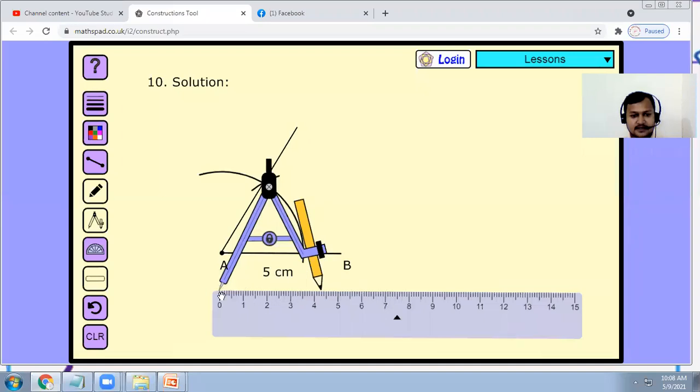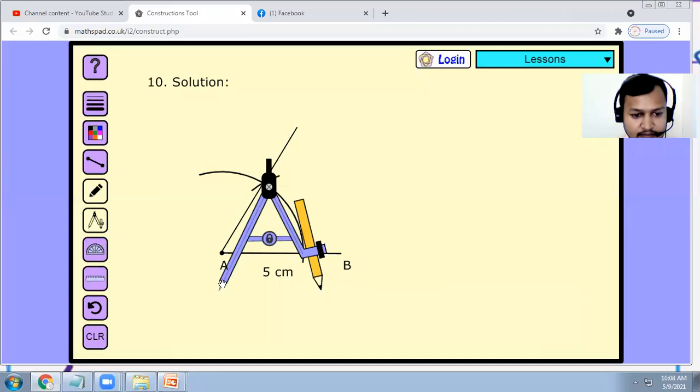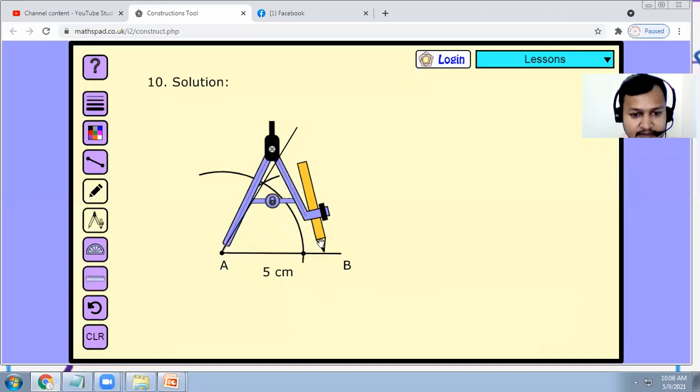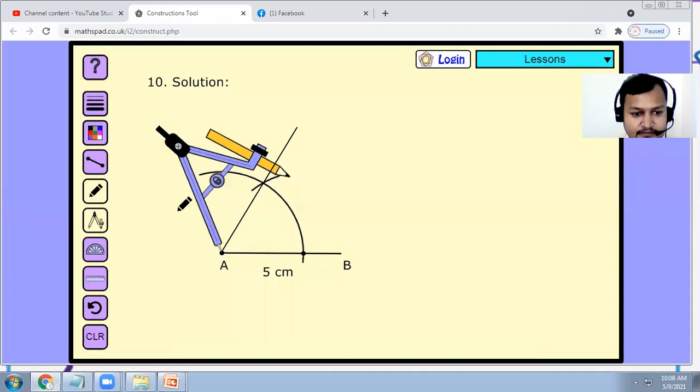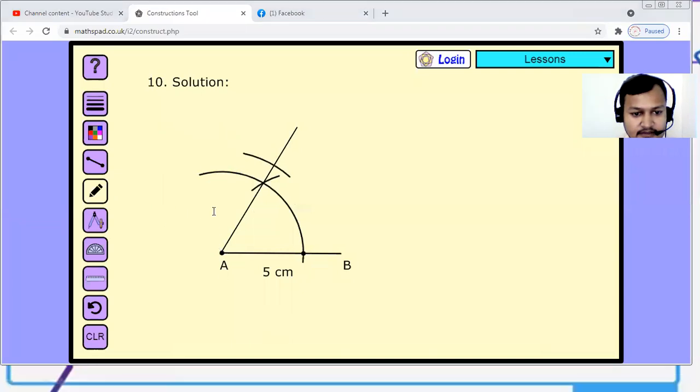Is this clear? It is visible on the screen: I have taken 4.3 centimeter in the compass from the scale and cut it upward from A. We have to cut upward from point A. So this is 4.3